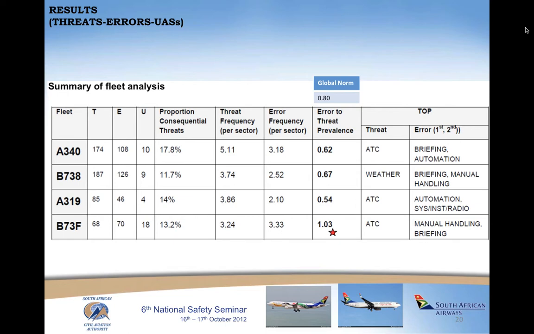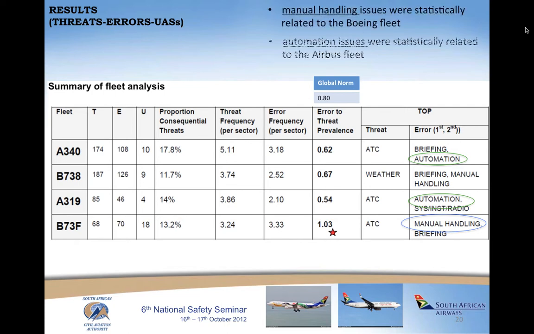What is interesting from this error table is that it indicates that the Airbus fleet are committing errors with regard to automation, whilst the Boeing fleet are committing manual handling errors. One psychological hypothesis for this phenomenon is that the Boeing fleet seem to pride themselves on the fact that the aircraft is still more of a pilot's aircraft and they fly manually more often. So statistically, therefore, this would result in more manual handling error incidents.